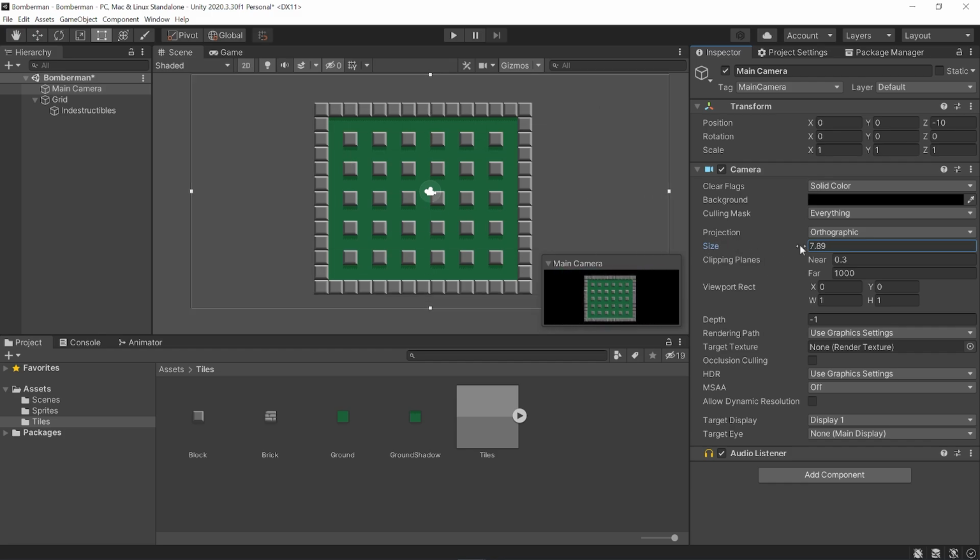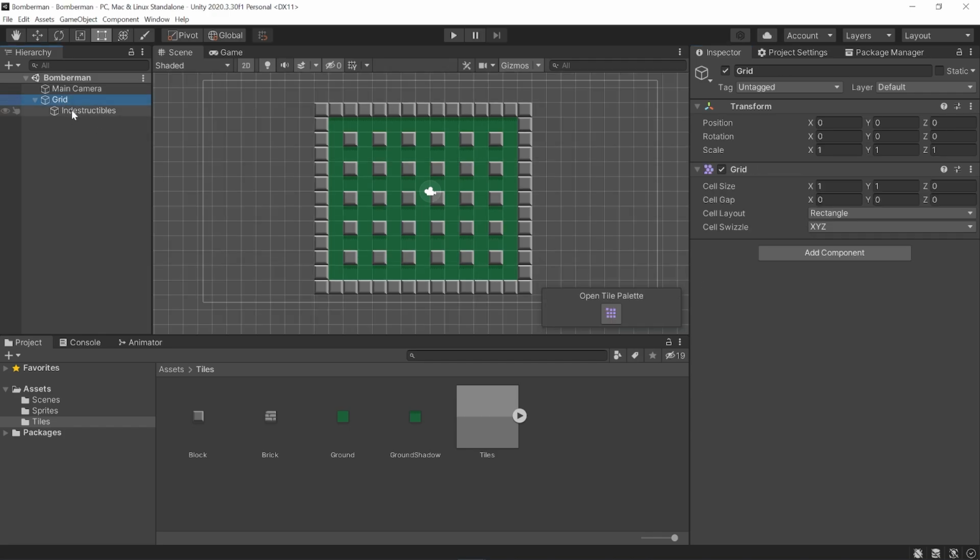So I'm actually going to make this bigger. I'm going to specifically do 7.5. If we do 6.5, it'll perfectly cover from edge to edge. I still need to offset our tile map, but 6.5 will perfectly cover. But I'm going to just do 7.5, just to give it a little bit of extra space on the top and bottom. That should be good. And I'm going to offset